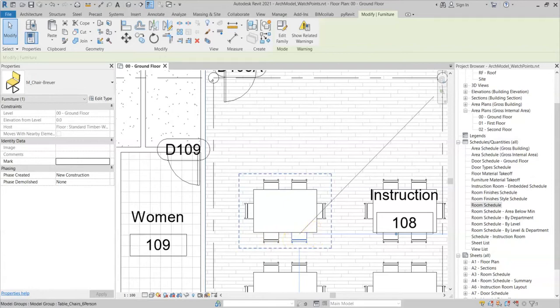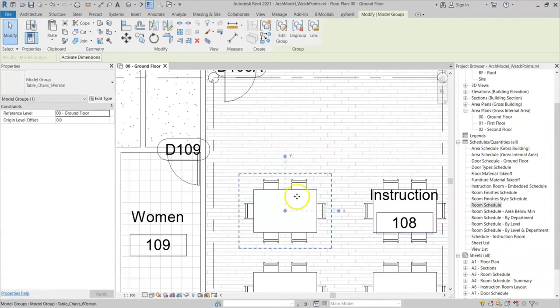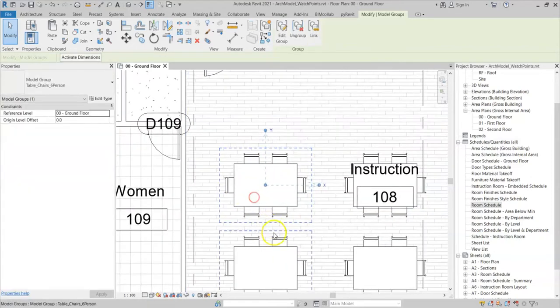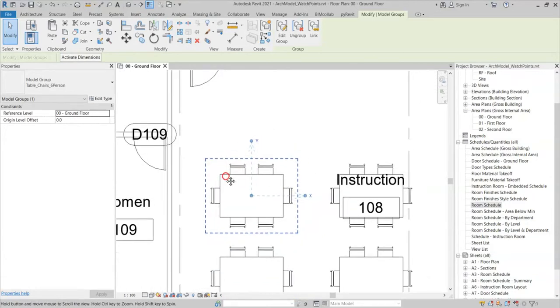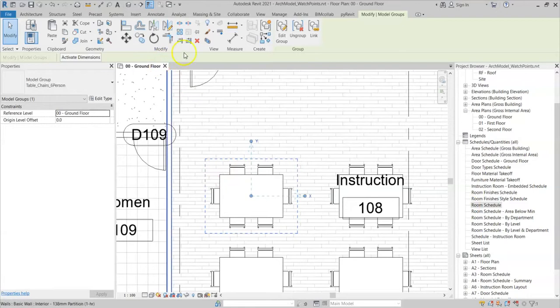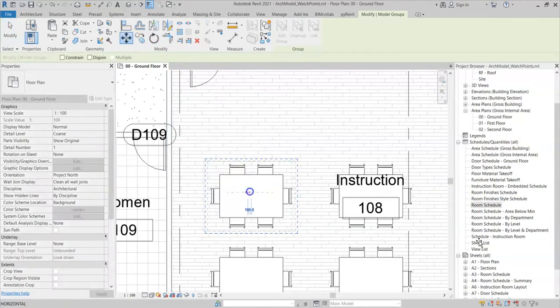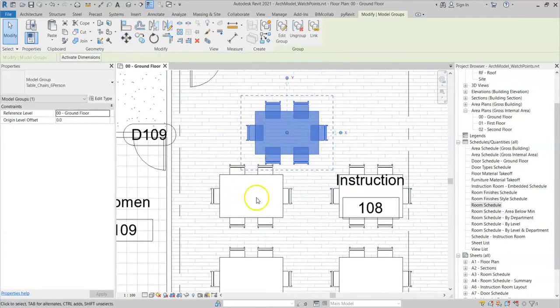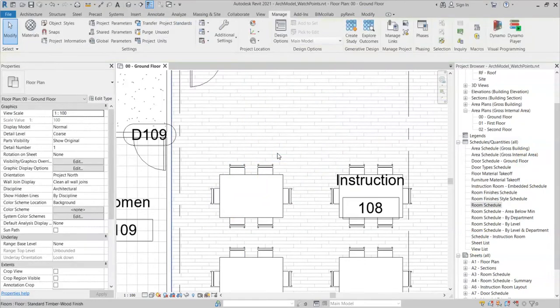However, because this chair is in a group, it looks like this group is duplicated as well, because when I select it, unlike this group down here which goes solid blue to show it's selected, I select the group here and it's not solid blue, which indicates there is another unselected group on top of it. I can prove that by just moving the group, and yes, it looks like I have a duplicate group. So if I delete that